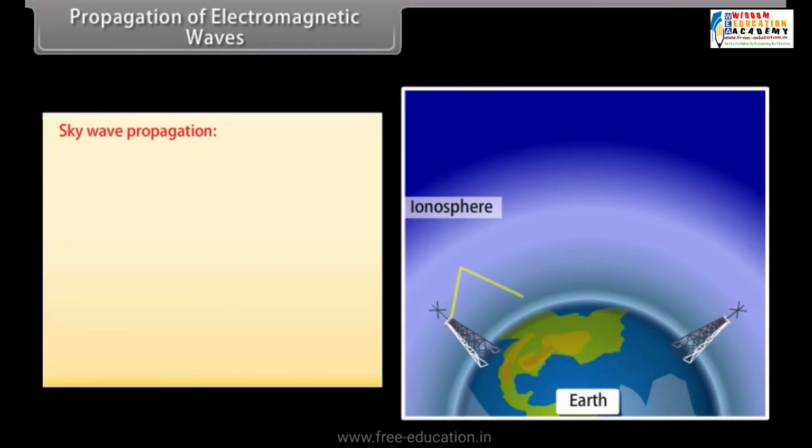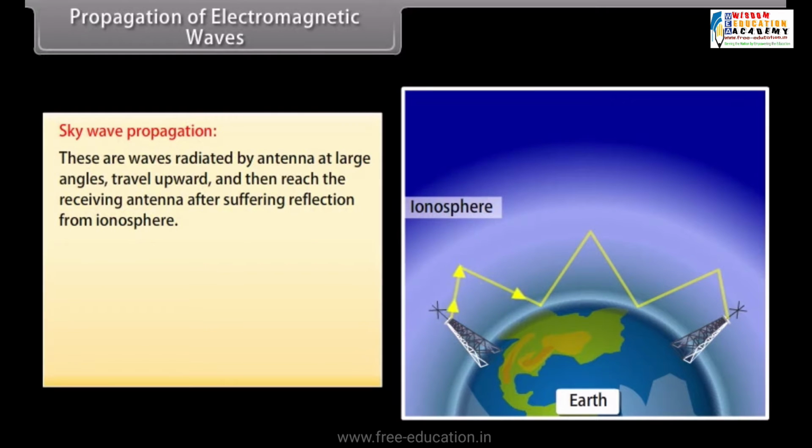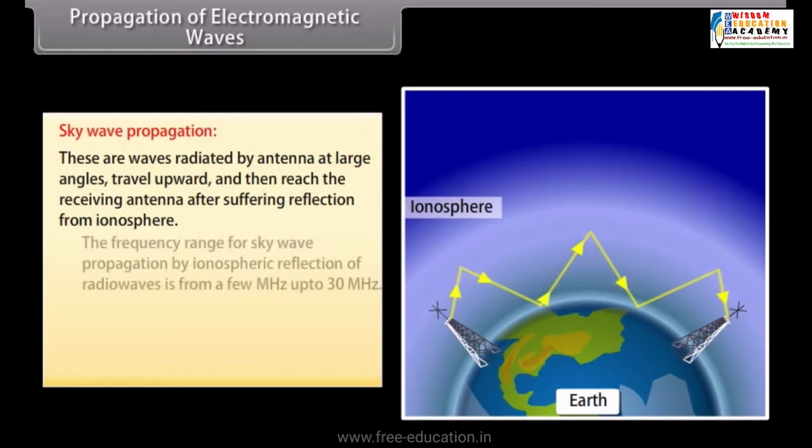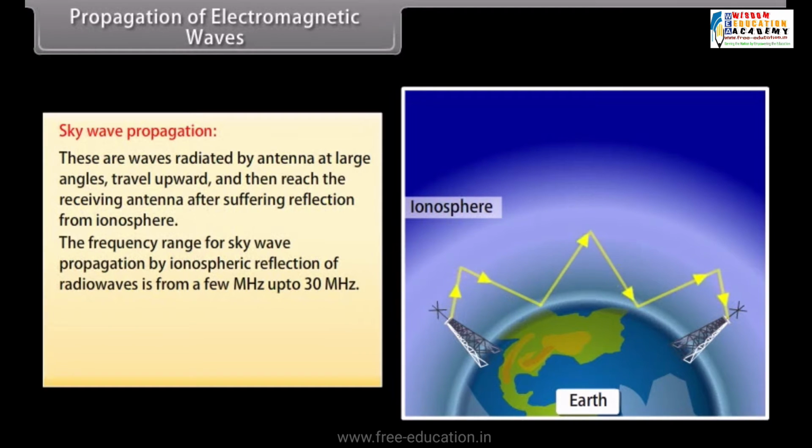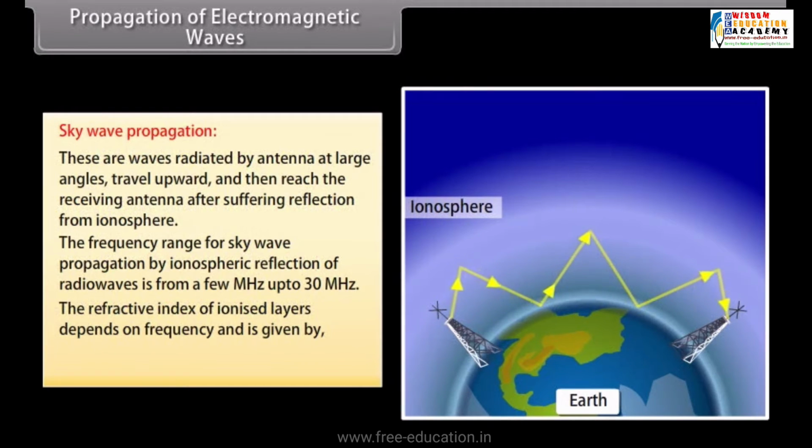Sky wave propagation. These are waves radiated by an antenna at large angles, which travel upward and then reach the receiving antenna after suffering reflection from the ionosphere. The frequency range for sky wave propagation by ionosphere reflection of radio waves is from a few megahertz up to 30 megahertz. The refractive index of ionized layers depends on frequency and is given by the square root of 1 minus 81 upon f squared. Example: